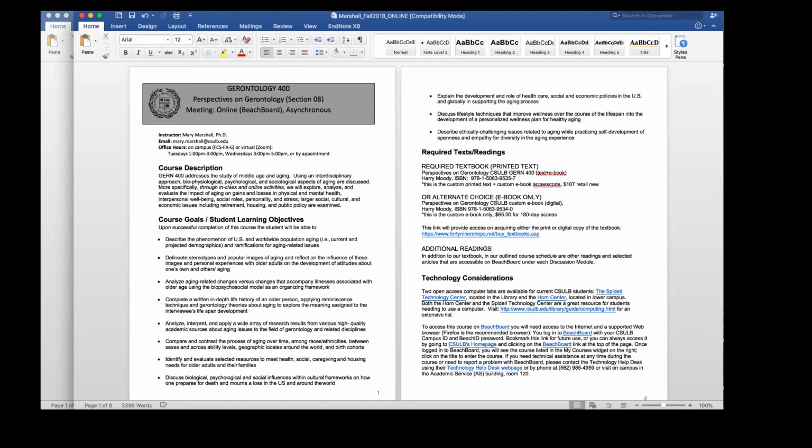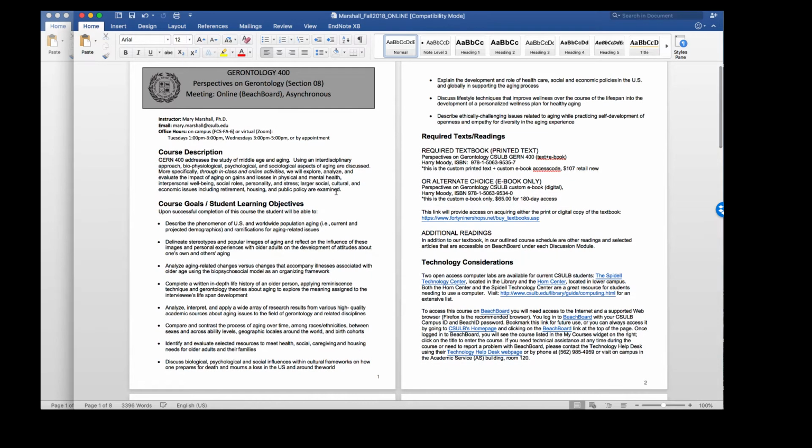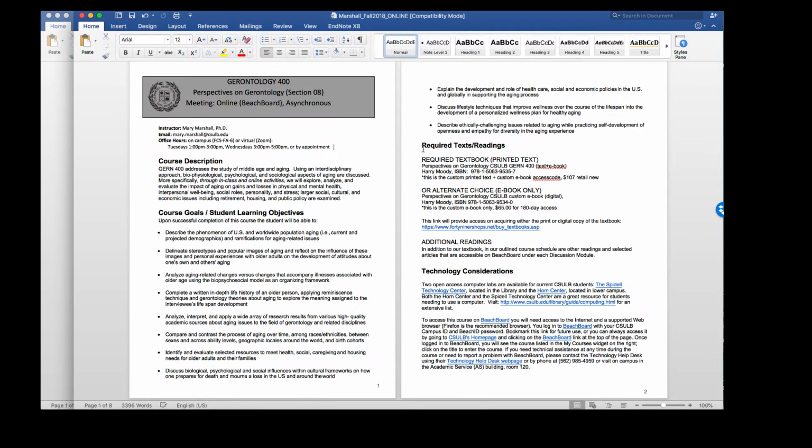As I've already gone through the description of the course, you'll see up here at the top of the syllabus is the information for me, my email, where my office is on campus, and when office hours are available. I also take them by appointment because I understand you might have other classes or work or other responsibilities, so never hesitate to email me to ask to set up an appointment. And as I put here, we can meet via Zoom through the Beachboard if you're unable to make it to campus.